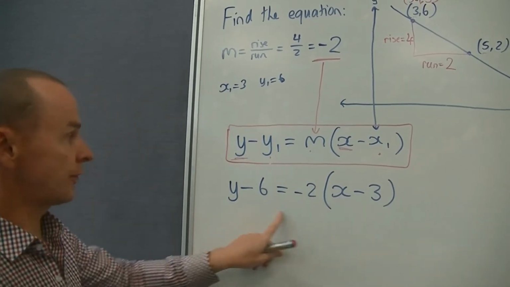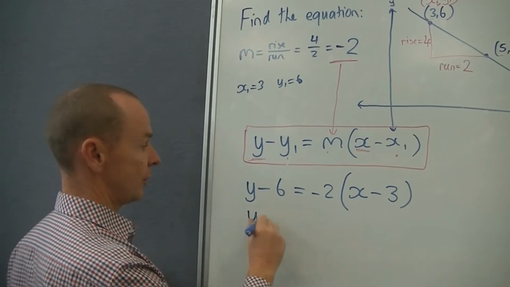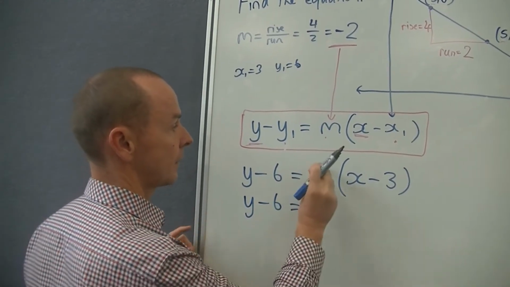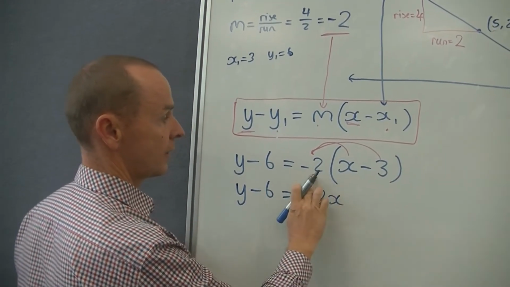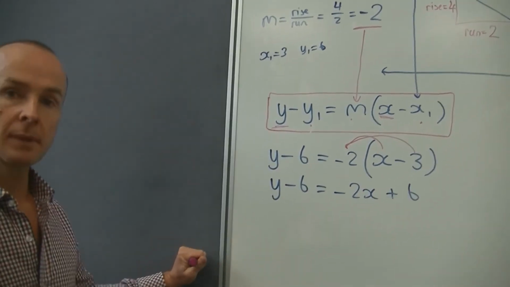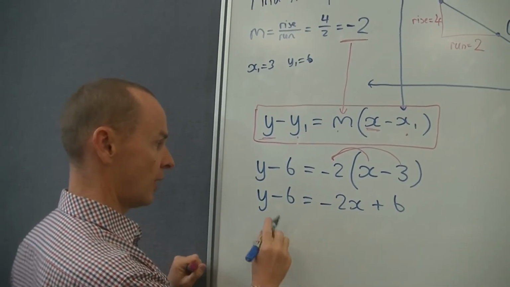So we substitute those values in, and here's what we've got. Now we have to solve this equation. The first step is we expand the brackets. Hopefully you remember how to do that. Multiply that, multiply that. So we get minus 2x, minus 2 times minus 3 is plus 6. Good job, everyone. And then the last step is to add 6 to both sides, because we're going to get y